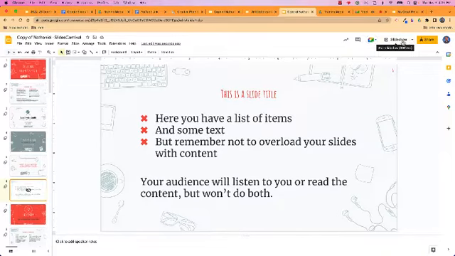Now notice beside that start slideshow button, you have some options. You have presenter view, start from the beginning, or present on another screen. Now I've created a couple videos here that I'm going to play because it's sort of hard to demonstrate how this works when you're doing a presentation and you're also streaming it live. All right? But before we get into that, 2 last things I want to show you, and that is downloading